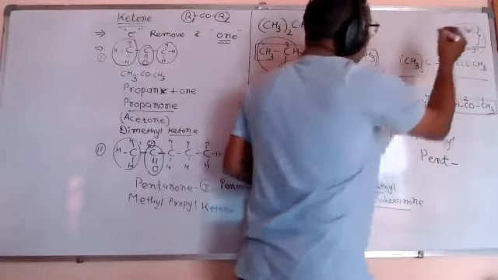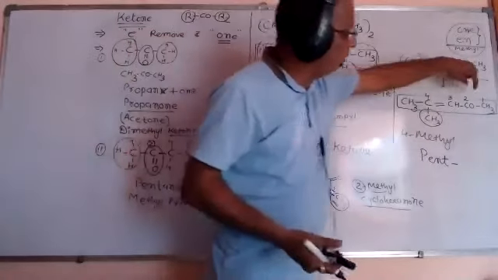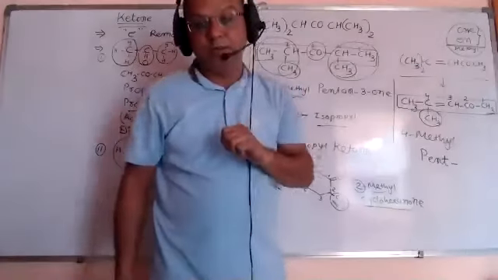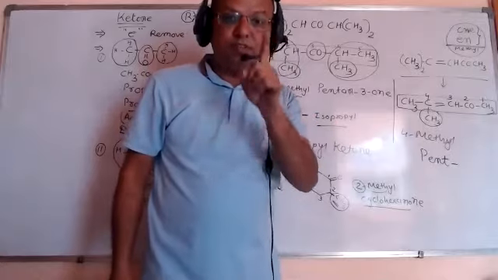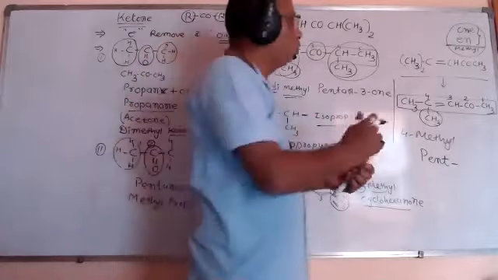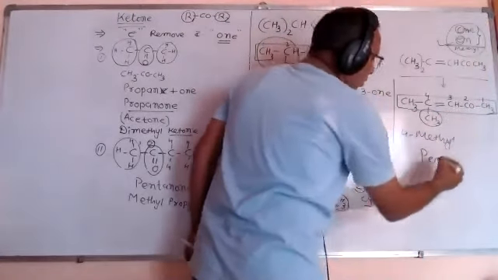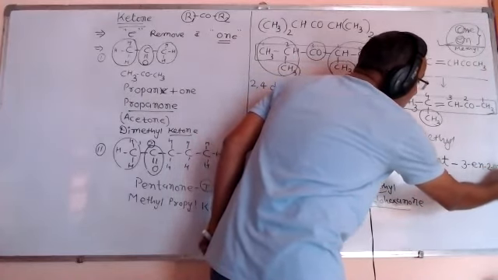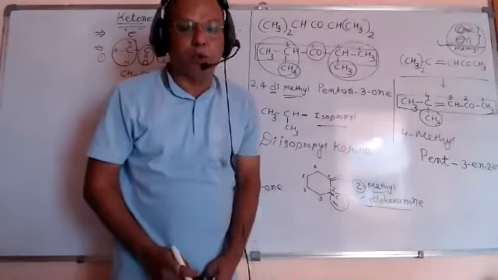After pent, what should we write? Ene and one, both are present on different carbons. You can see CO is on second carbon and the double bond is present on third carbon. Here we should not go by numbers; we are going by alphabetical order. So E comes first, O comes later. E is on third carbon. So it is 3-ene and 2-one. 4-methylpent-3-en-2-one is the proper name.